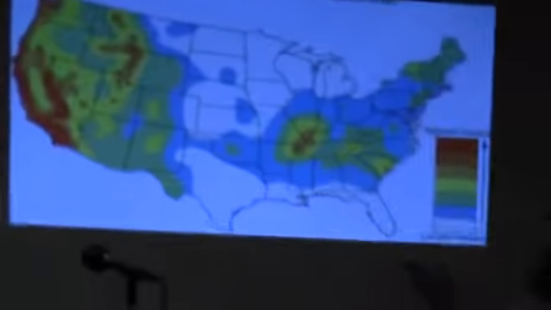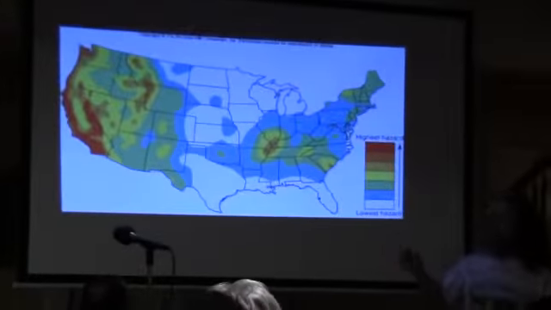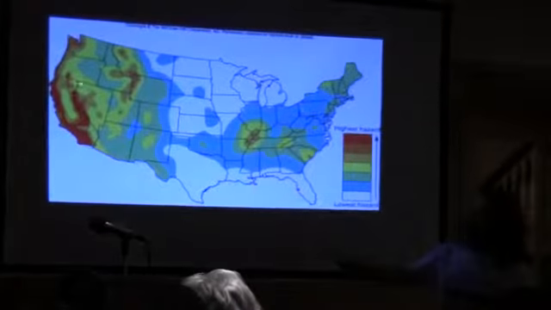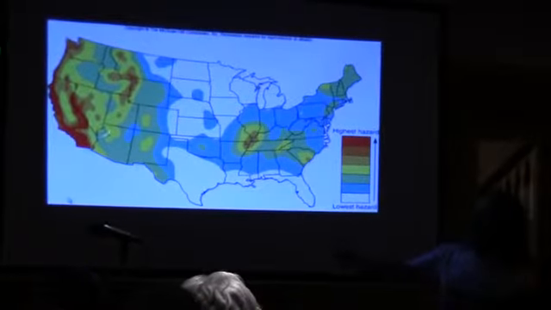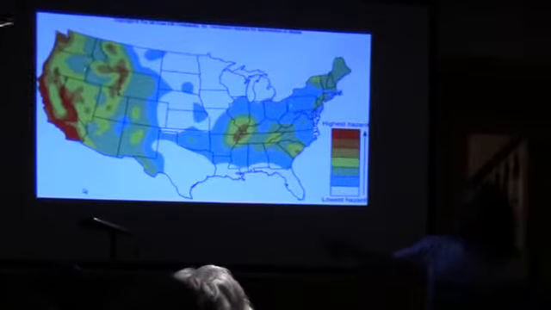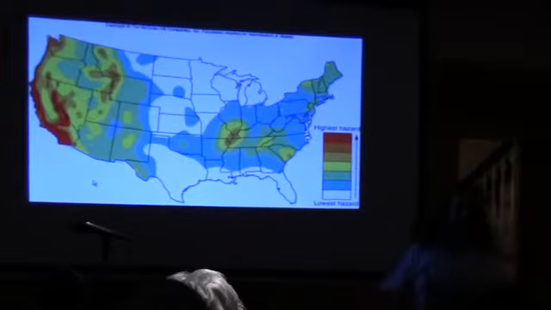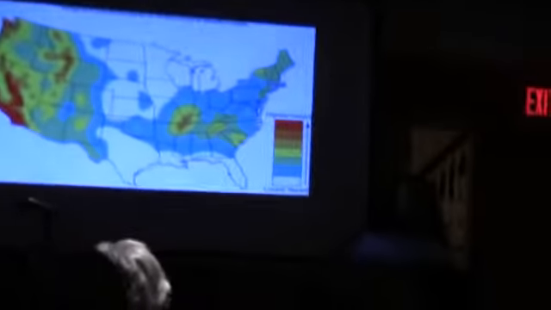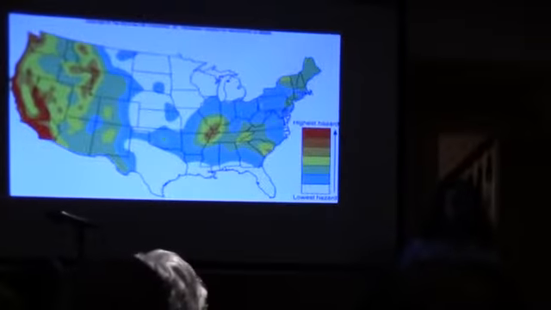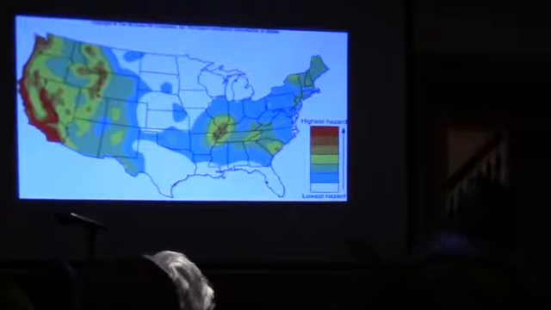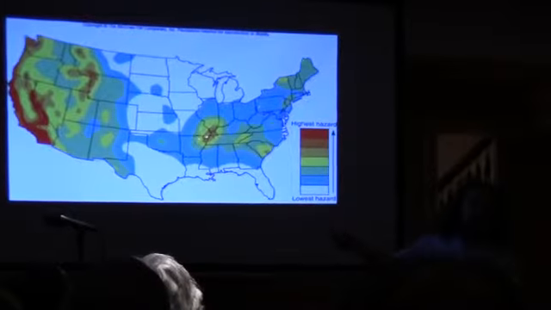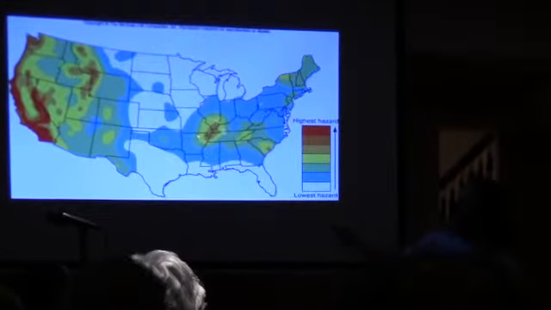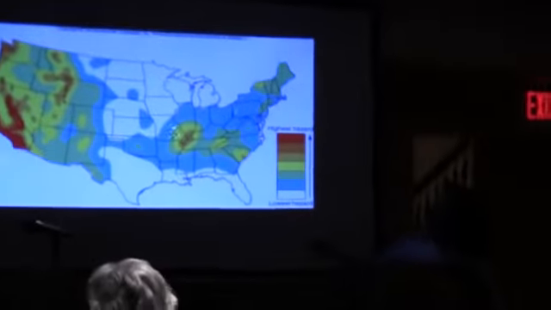This is a map of the lower 48 states showing the seismic hazards. Most of them are out in California along the plate boundary. But we have had earthquakes and we have seismic risks in the middle of the country. The biggest earthquakes in the lower 48 happened about 200 years ago in the New Madrid region. It actually turned the direction of flow of the Mississippi River for a short time. So we have had cases like that.